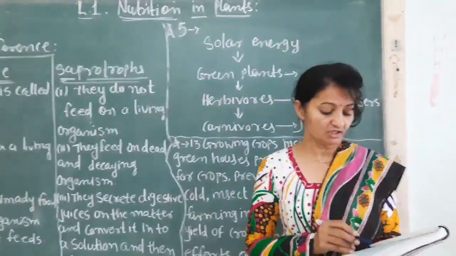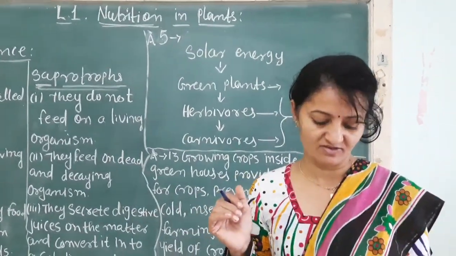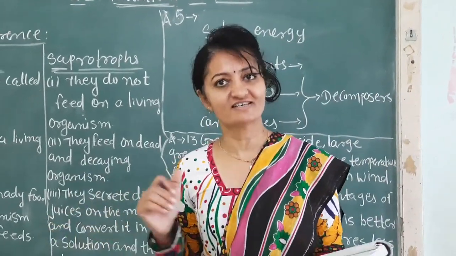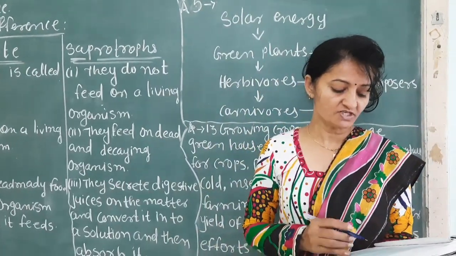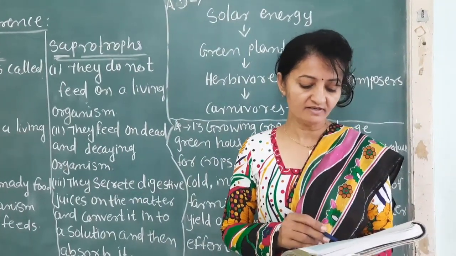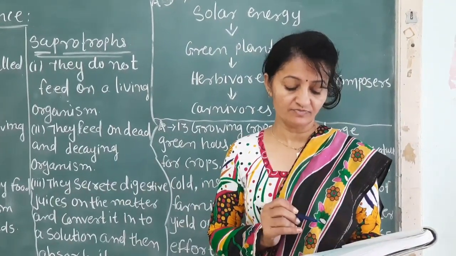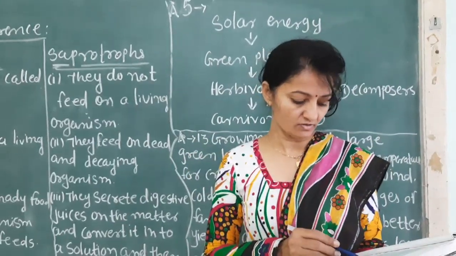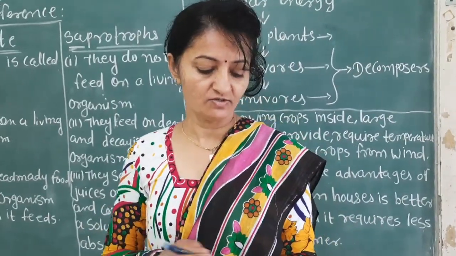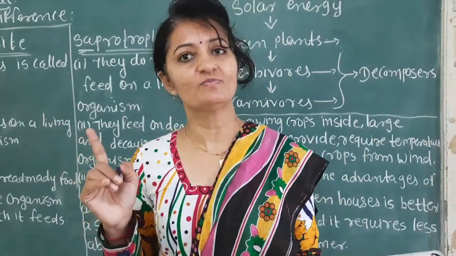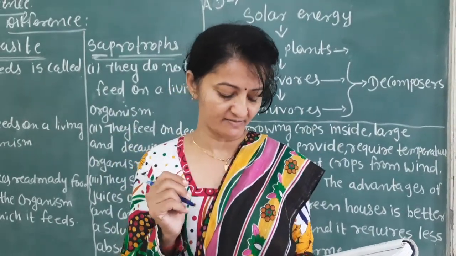Now third: the pores through which leaves exchange gases. You know that stomata exchange gases. So you write the name of it: stomata. Clear? Now question number 8. Take the correct answer. First: Cuscuta is an example of. There are 4 options: autotrophs, parasitic, saprotrophs, and host. You know that Cuscuta is a parasitic plant. So you write the tick mark in option second, parasitic.